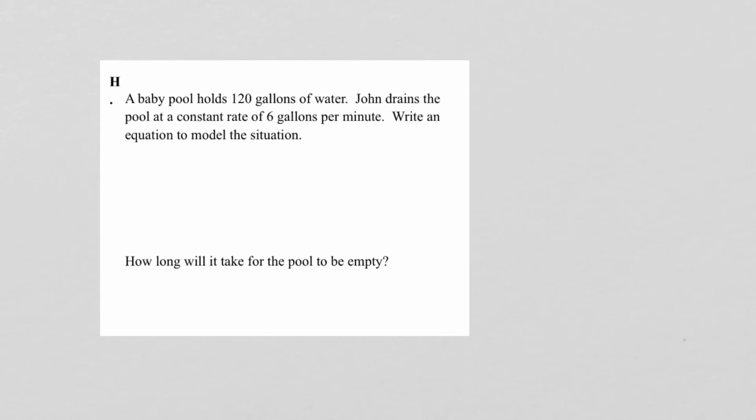It says a baby pool holds 120 gallons of water. John drains the pool at a constant rate of 6 gallons per minute, and we're told to write an equation to model the situation. I wanted to show this one because it's a little bit different than the first one. We're still using y equals mx plus b. Okay, and then we know that our initial value or our starting point is 120 because we have 120 gallons of water in the beginning. So I have y equals,